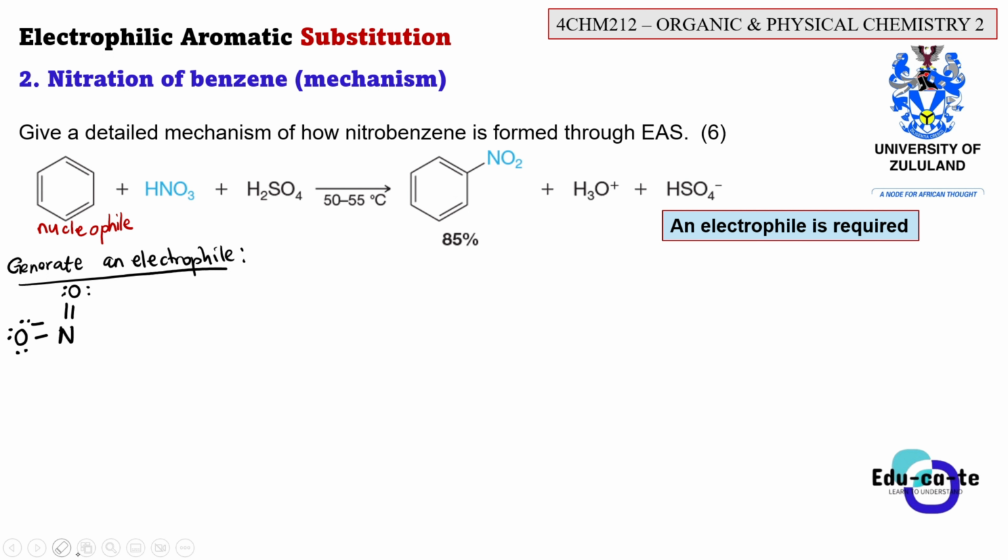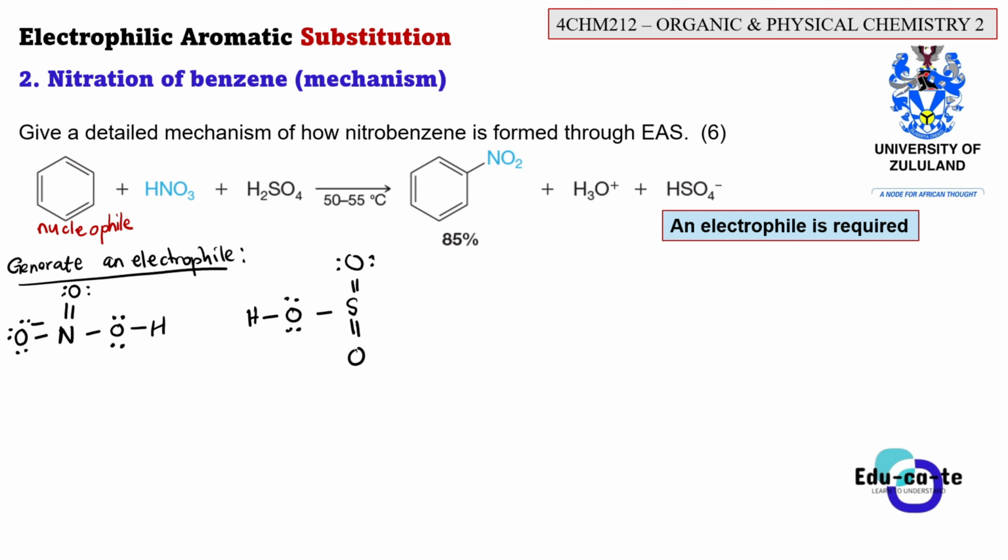So basically, let's use our sulfuric acid to be able to do that. Let me just rewrite this. This was OH. Then we had 2 lone pairs of electrons. Our sulfuric acid, we also need to draw its structure. Its structure has an H here. Then this is an O with 2 lone pairs. Then we have a sulfur, then a double bond to an oxygen, having 2 lone pairs as well. Then a double bond to another oxygen. You need to count the number of oxygens. Remember, there are 4 of them, right? And this oxygen also has 2 lone pairs. Then we have an OH group as well, which is just the hydroxyl group.